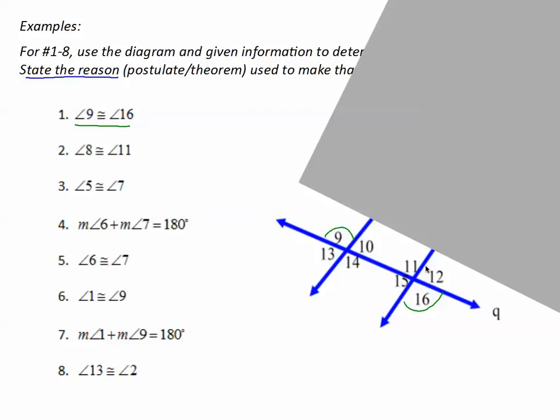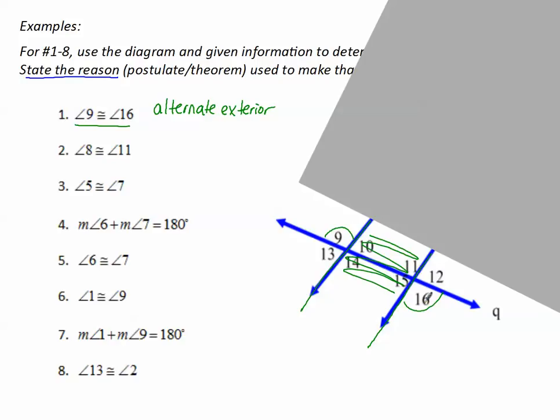Well, here are the two lines right here. I may take my colored pencil or highlighter and trace the lines, this line and this line. These angles, 9 and 16, are not between the two lines, so they are exterior. Here's the transversal, 9 is on top, 16 is on the bottom, alternating sides of the transversal. So these are alternate exterior angles. So by the alternate exterior angles, if they're supposed to be congruent, I know I have to have parallel